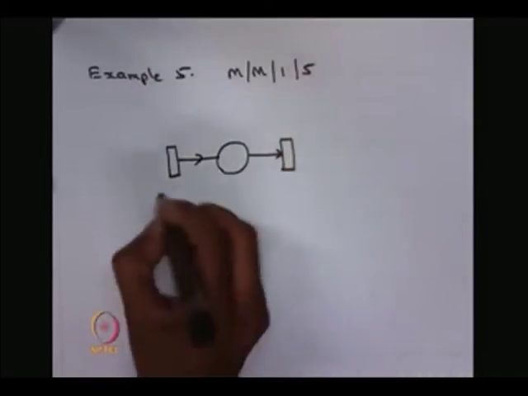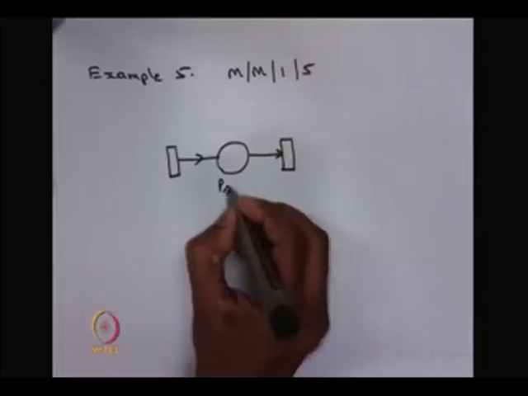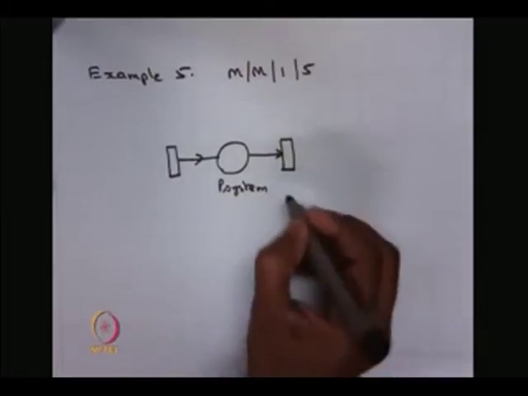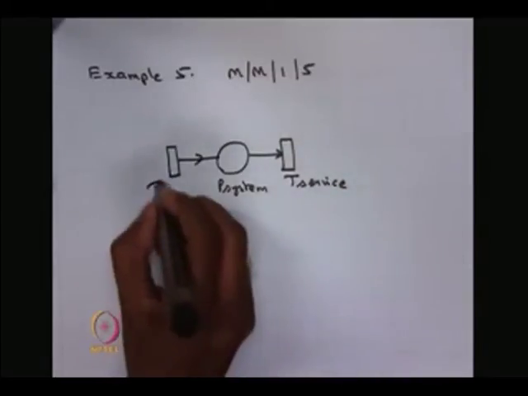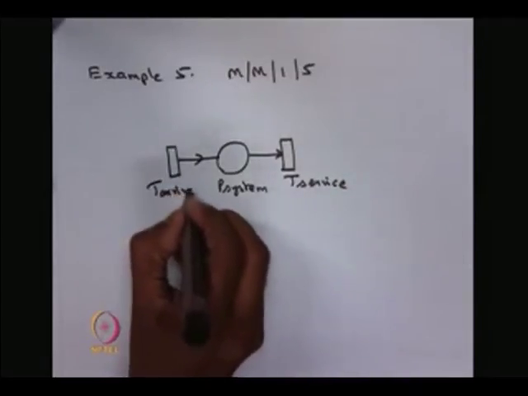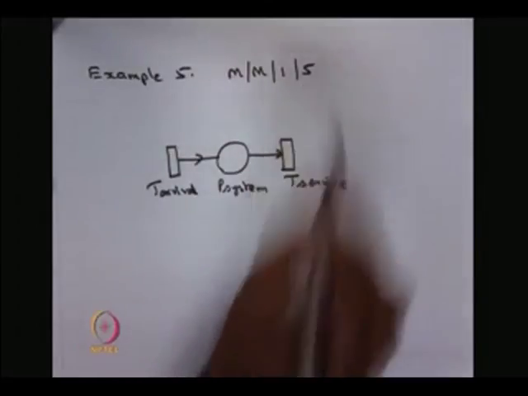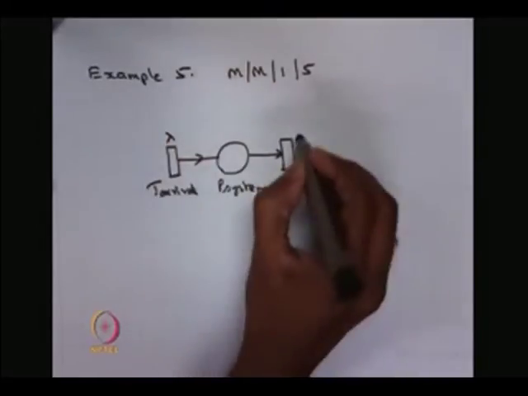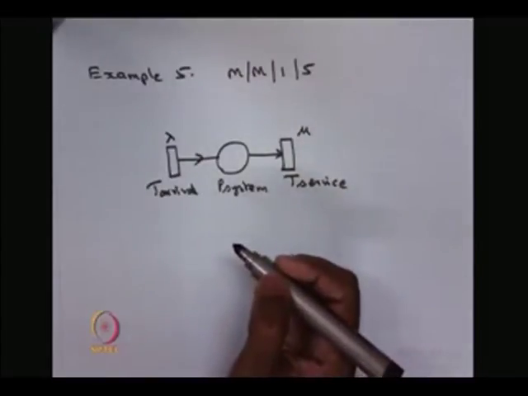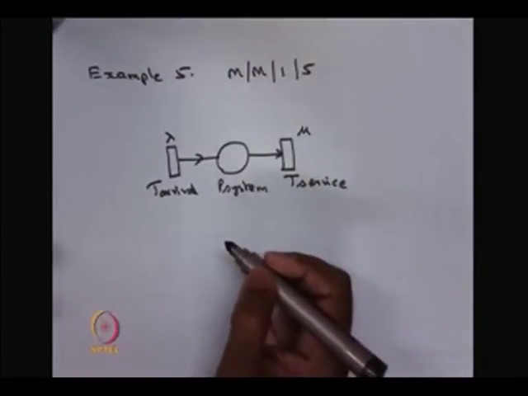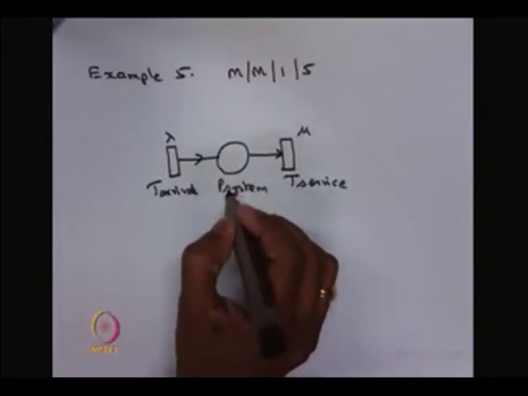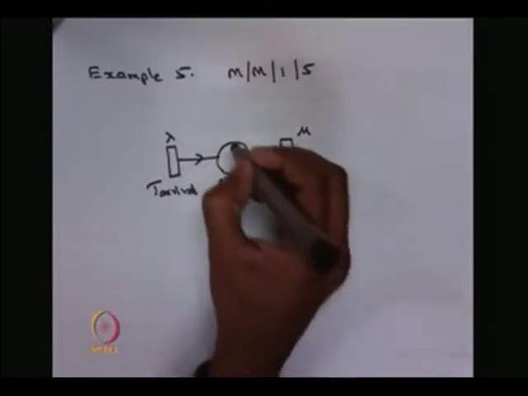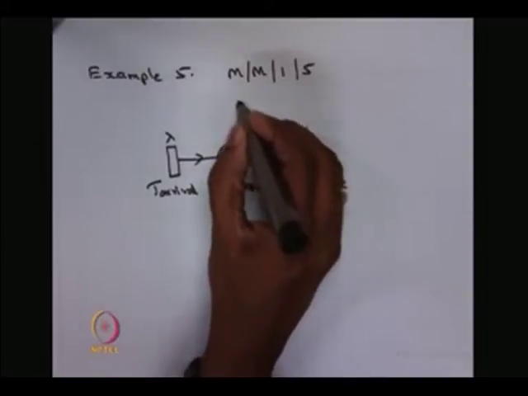So, we can go for the M/M/1 queuing system first, then we can include the feature of a finite capacity. So, this is the M/M/1 queuing system. Now, I have to make a restriction: maximum 5 tokens in the place P system. So, what I can do, I can draw 2 arcs